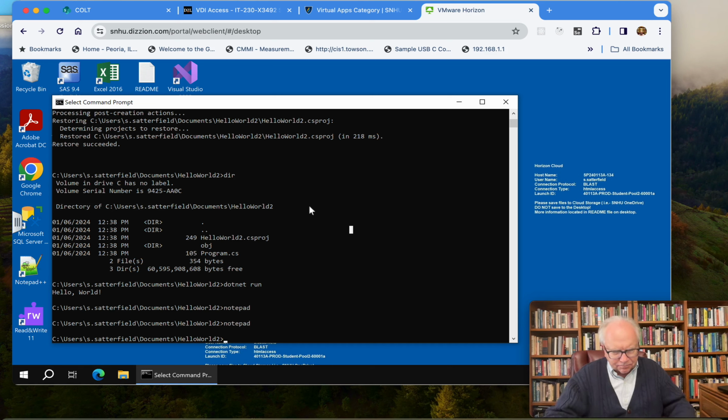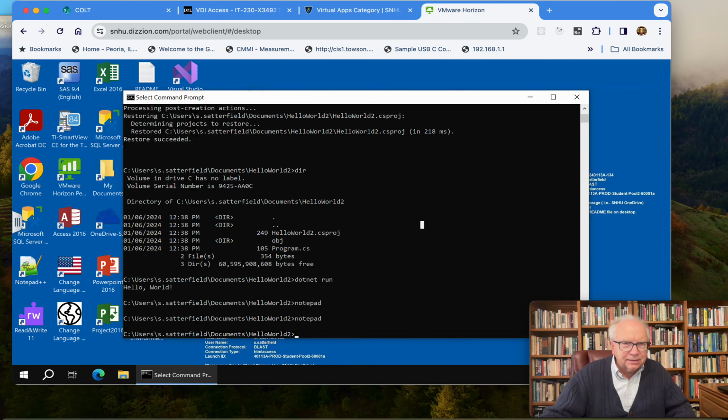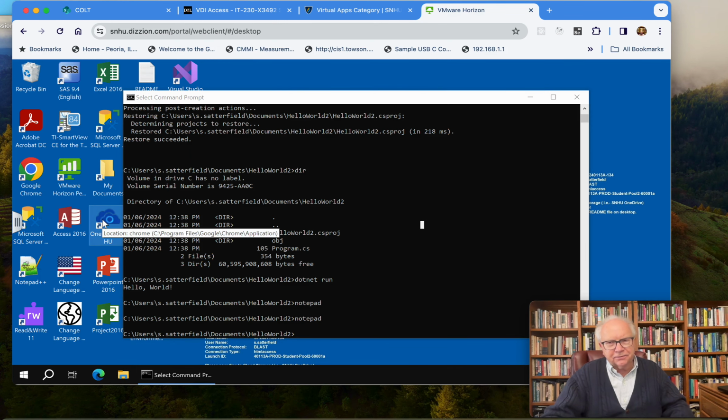So what you need to do then is at the end of each session, go ahead and open up OneDrive from inside the VDI, and if necessary, authenticate into your SNHU OneDrive account,